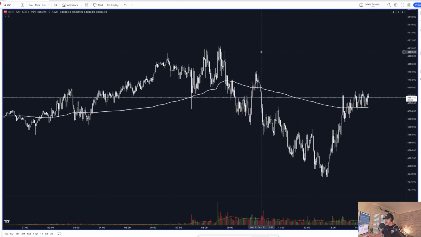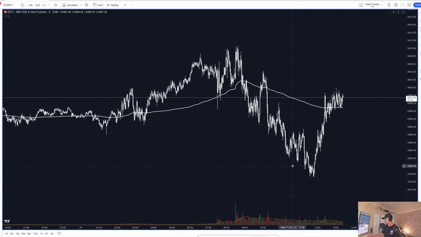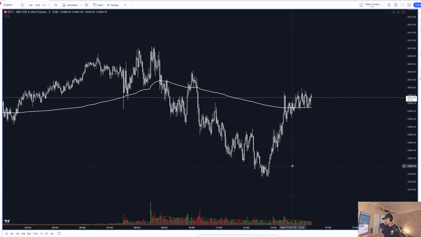Essentially coming into the open, we're looking at how 4,400 is treated. You get an initial bounce during the pre-market versus the 4,400. Could not really materialize above that 4,410. We see some selling down through 4,400. Ultimately, we had a downside reference point, a level of interest, pretty much our first area of support at 4,380